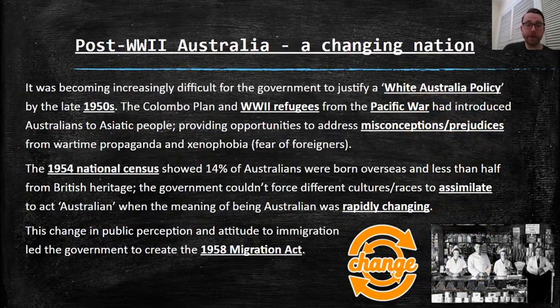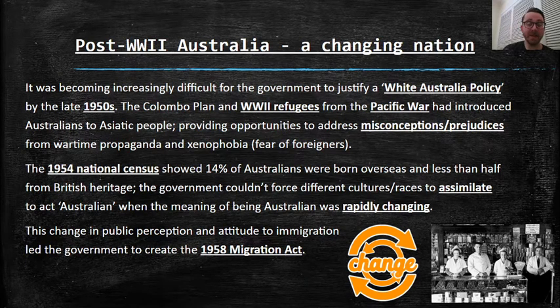Post-World War II Australia, a changing nation. It was becoming increasingly difficult for the government to justify a White Australia policy by the late 1950s. When we created that policy in 1901, the birthplace of Australia, it made sense because everyone was white. You look around and think, oh yeah, I guess we're all white, so that makes sense. They weren't looking at Aboriginal people, clearly. But